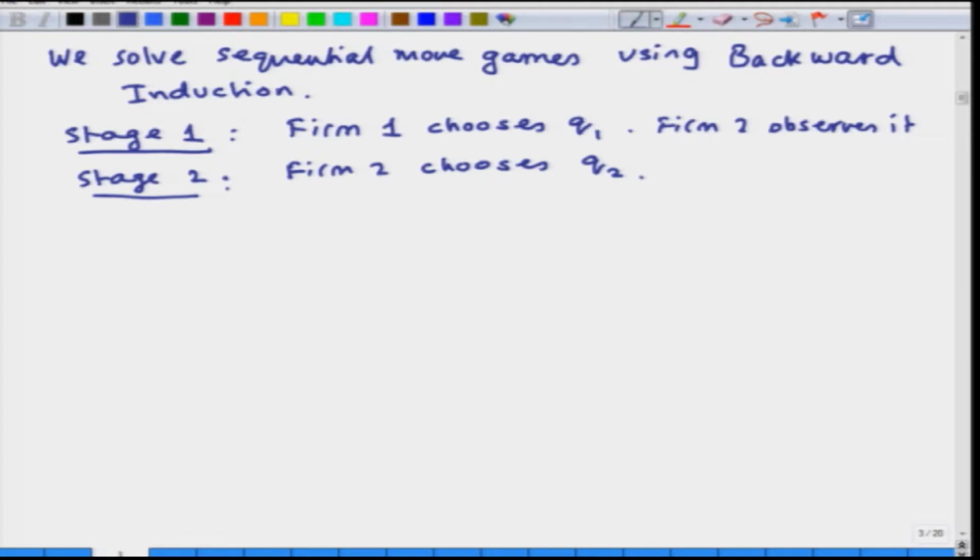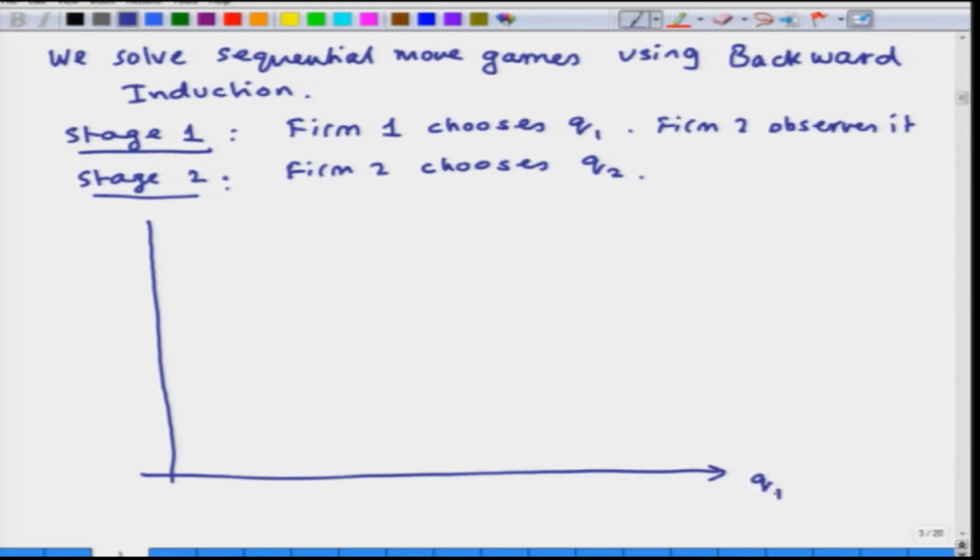So, let us ask, if you are going to solve firm 2's problem first, because we are using backward induction, we will solve firm 2's problem first, and then we will go back and solve firm 1's best choice of Q1. Okay. Notice we have already solved stage 2, which is firm 2's problem, when we solved the Cournot model, because in the Cournot model the profit of firm 2 was the price times the quantity that it chose minus the cost of firm 2,